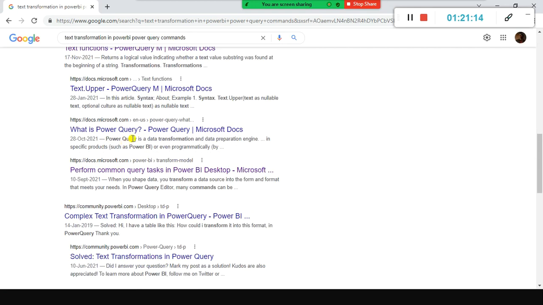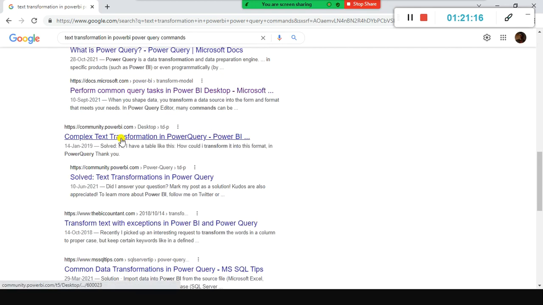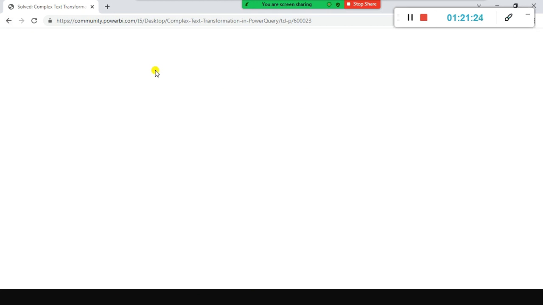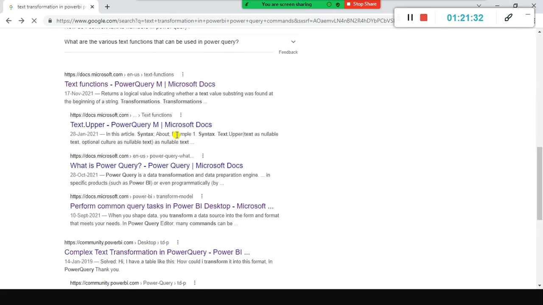And you have something like, what is Power Query complex transform. I don't want to get into complex. Just try to practice all these things whenever you have time. Probably today night when you are free, start work on it.